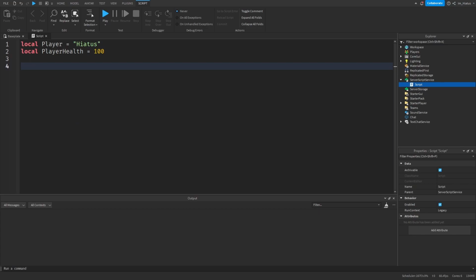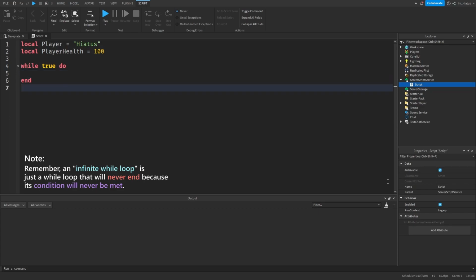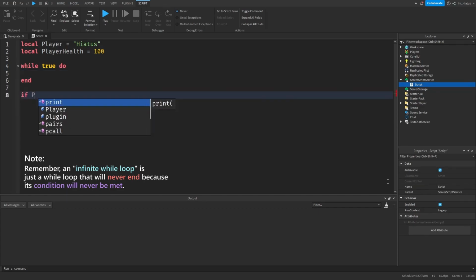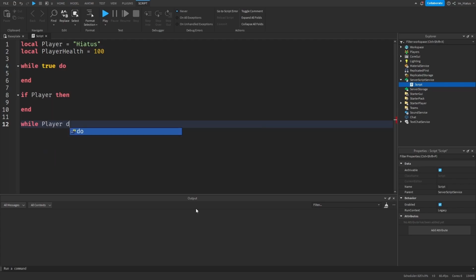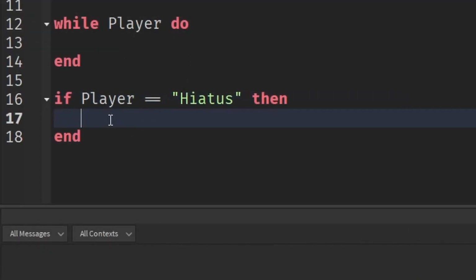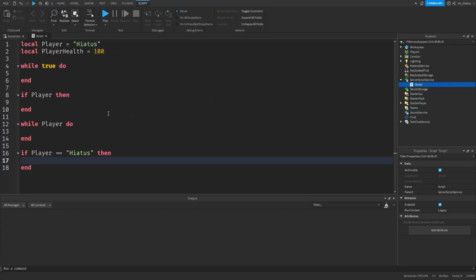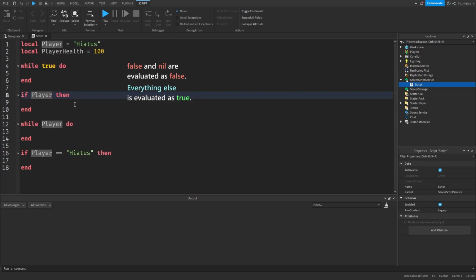Another thing you notice a lot with while loops and if statements is that many scripters tend to shorten their conditions. For example, while true do is a common way to write an infinite while loop. When you shorten a condition to something like if x then or while x do, it checks if x is either evaluated as true or false, just like it would evaluate any other condition. In lesson 3, we learned that false and nil are evaluated as false, and any value besides these two are